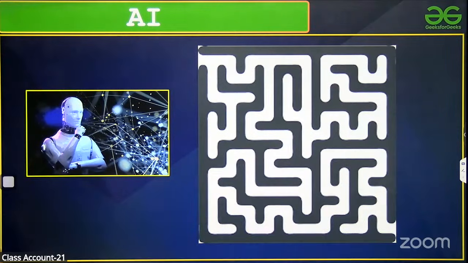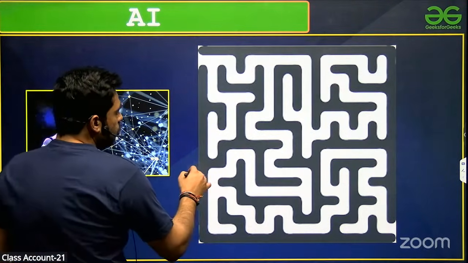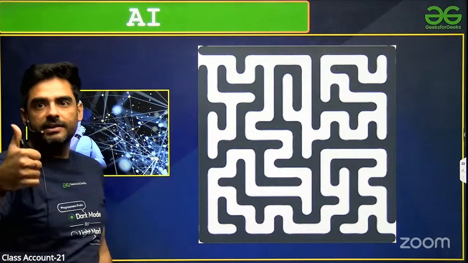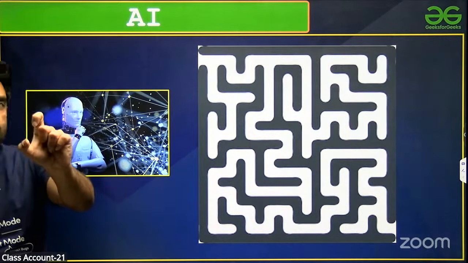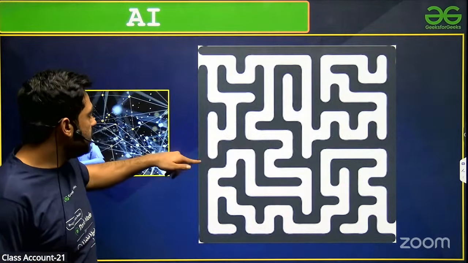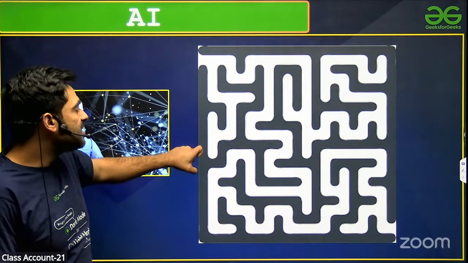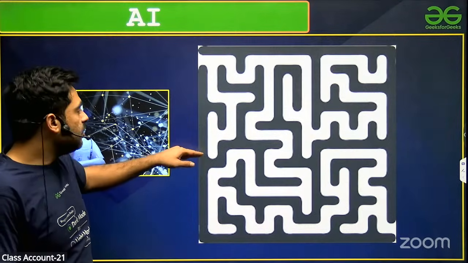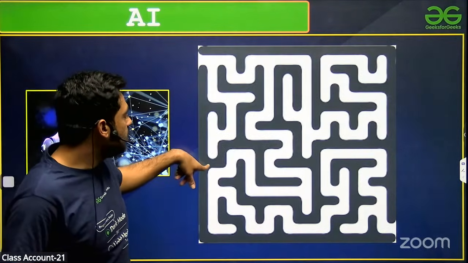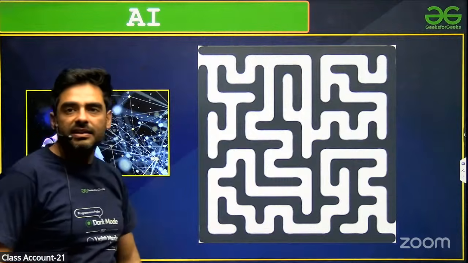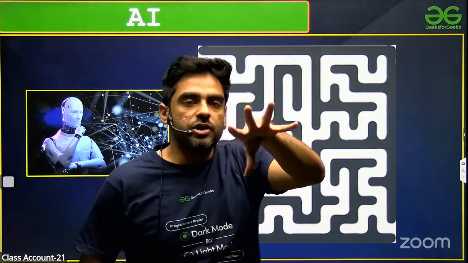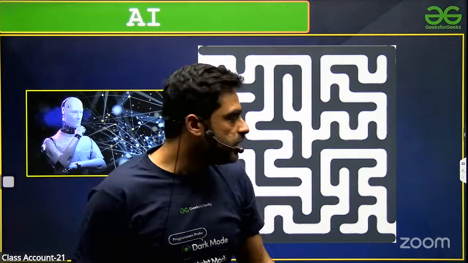Now how would you solve it? You would actually require a starting point and an ending point. That is the first requirement. So you would locate the starting point and the ending point. After that, you would search for methods: how to traverse from the start and how to reach the end point. So basically, what logic or method would you use to solve this maze?